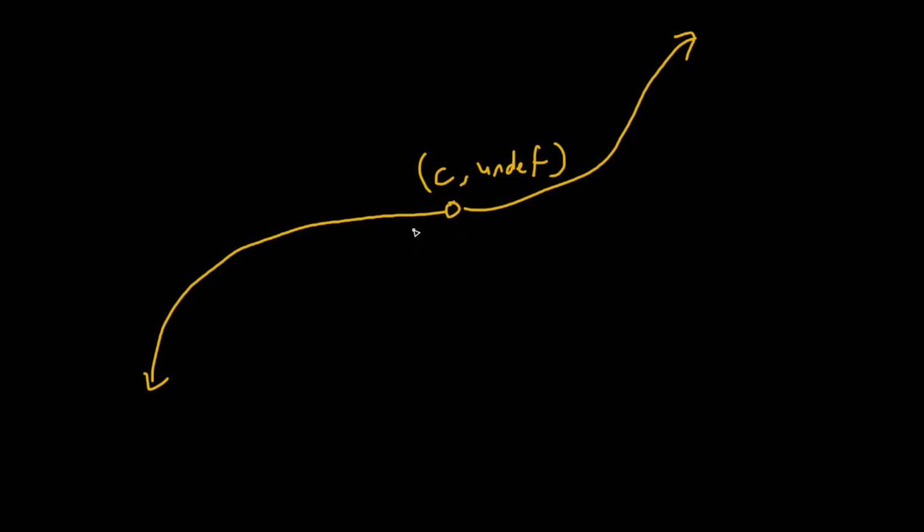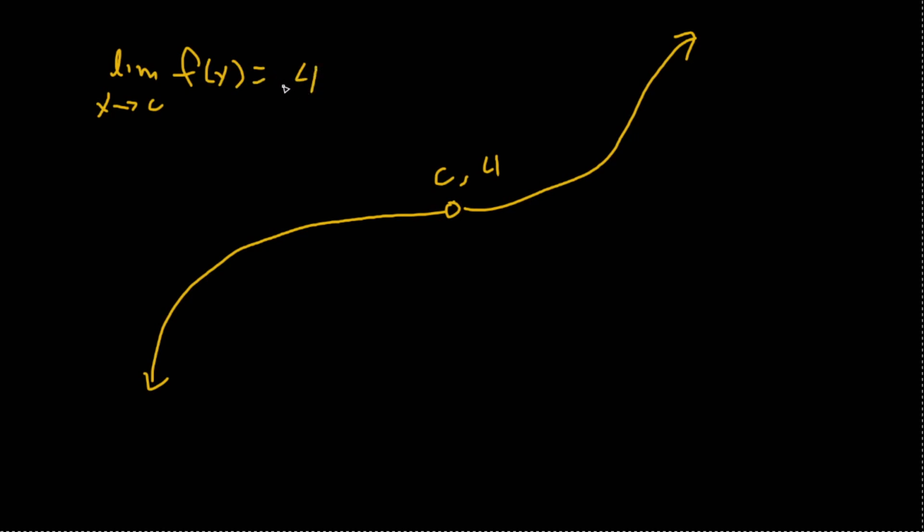But I can tell you very closely which number this approaches, right? So let's say this number was equal to 4, right? Like in the coordinate grid, it will be c comma 4. I would say that the limit as x approaches c of f at x would equal 4, right? And there's something else. If I had a function like this,